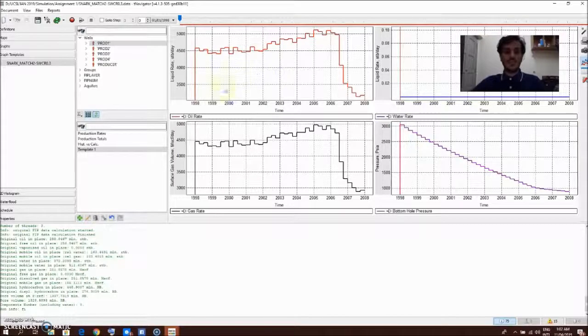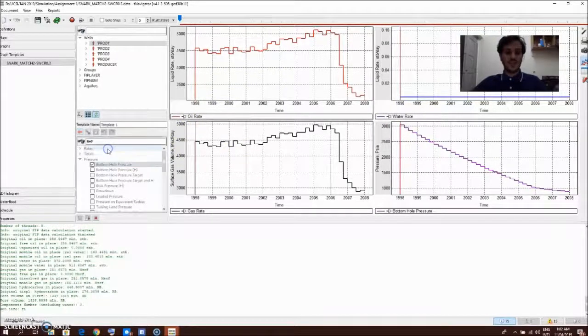And for example, if I want to change a specific one, now I'm doing history matching. History matching is very important because you have to know the correct parameters, like for example, the fault transmissibility or the initial aquifer volume. You have to change all these things. You have to play with the parameters to compare the actual data that you have from the field with the calculation of the simulation. So to do this, you can just go and press on the graph you want,